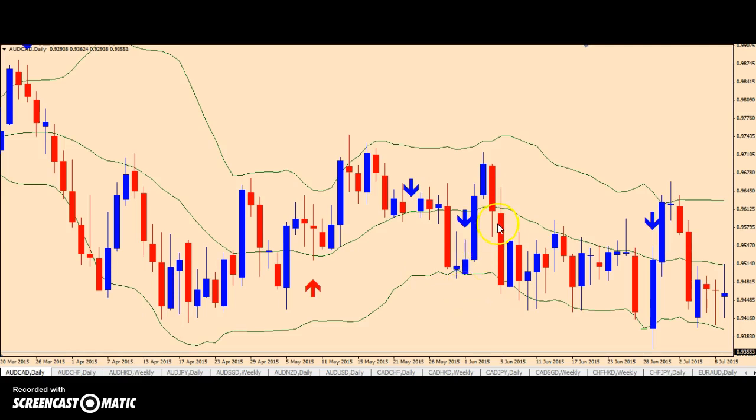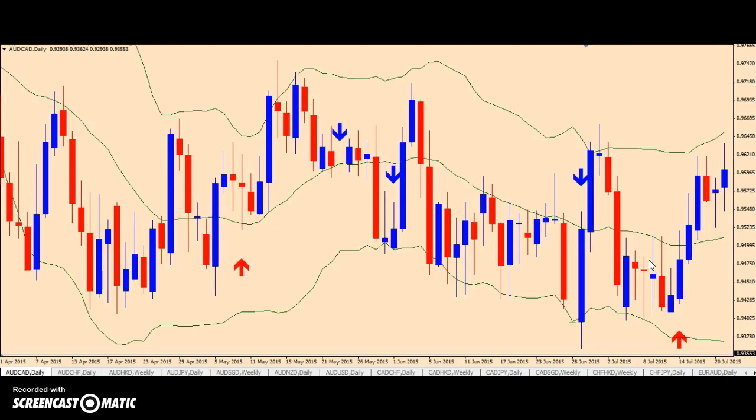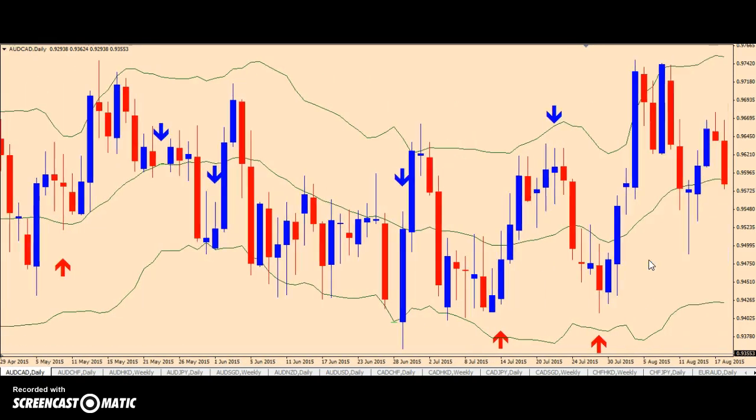Looking for the next signal and confirmation. And what we've got here, even though we got a signal down, we don't get the confirmation, but don't forget,